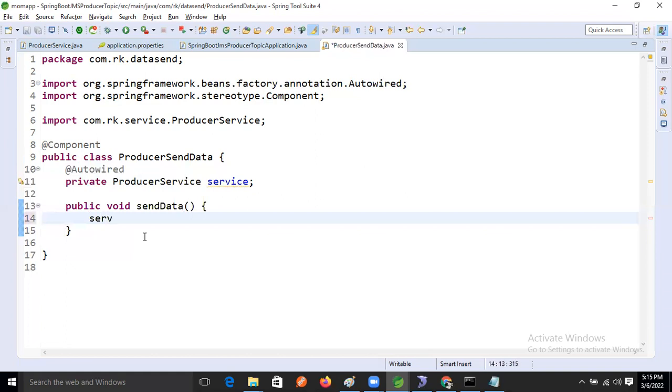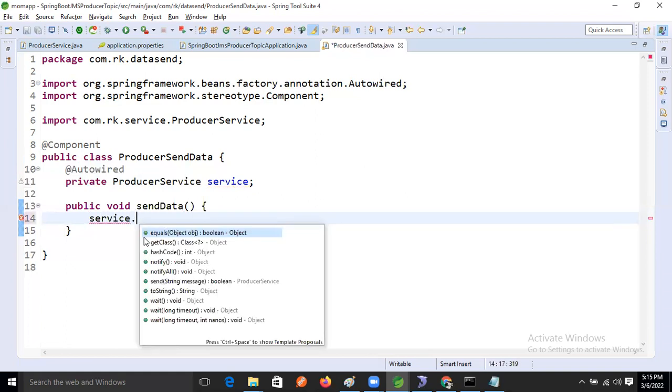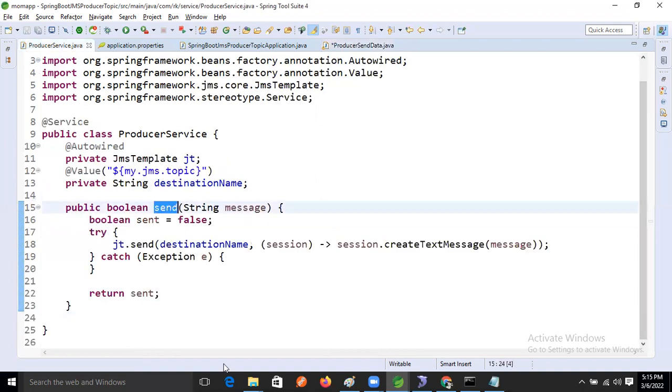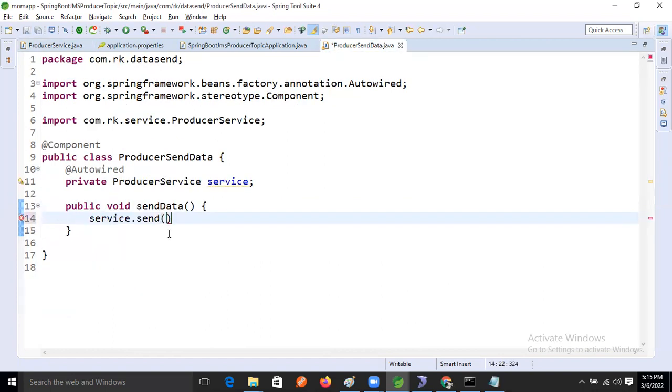Call the service method, service method dot send method. Call the send method we took now. What is the method we are taking? Send only. Let's make this one a send one, and here also send one. And that one is an argumented method. So what we will do now? Just hello